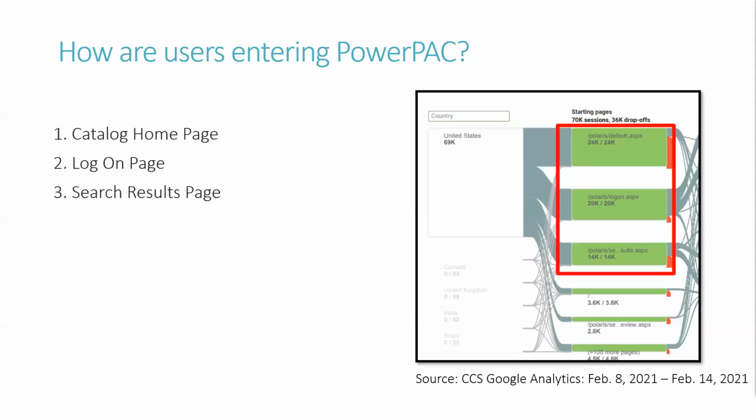The users that are entering via the log on or search results page, they're typically coming through your library website. So what I'd like to touch on is what does this mean for you as library marketers? It means that today I'm going to show you a lot of tools that will appear on your library's homepage,